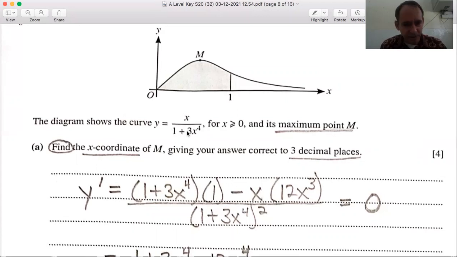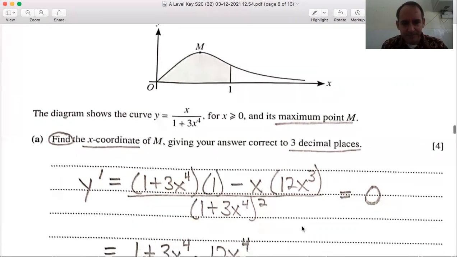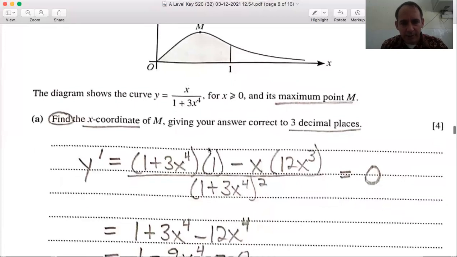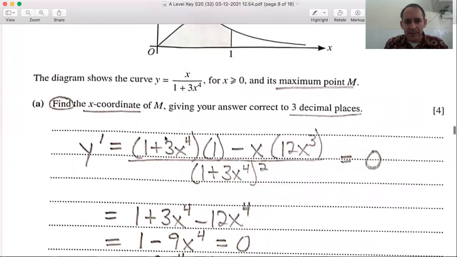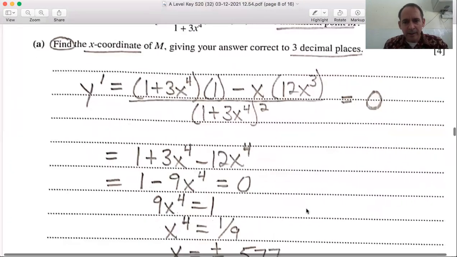So we're going to use the quotient rule, where we have low d high minus high d low all over the square of what's below. This formula, by the way, as well as your product rule and the quotient rule, are both in your Cambridge formula sheet. So you can look at that to help you if you don't remember. But it's low d high minus high d low over the square of what's below. Then